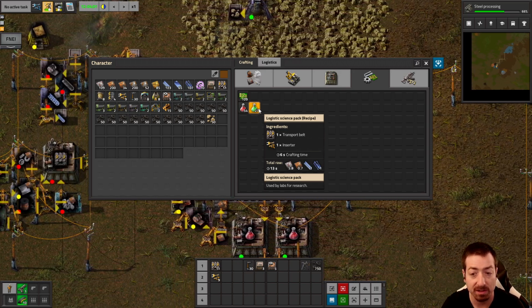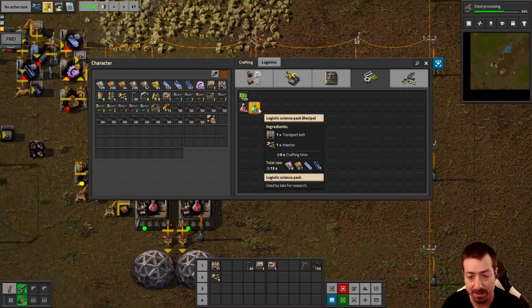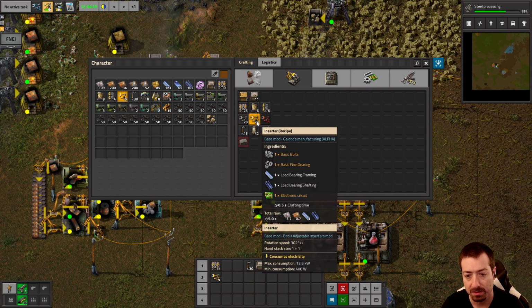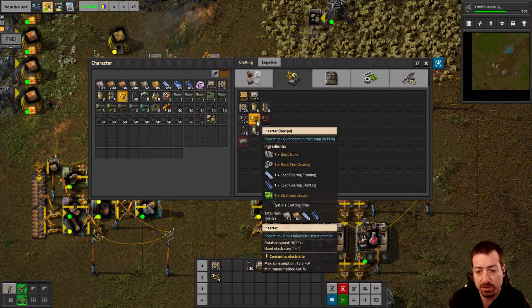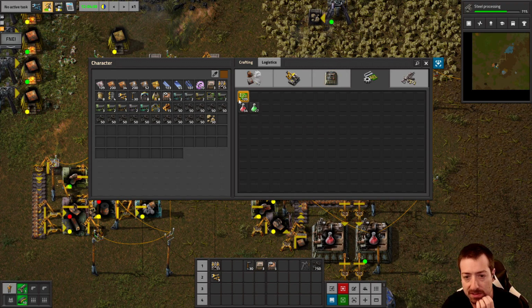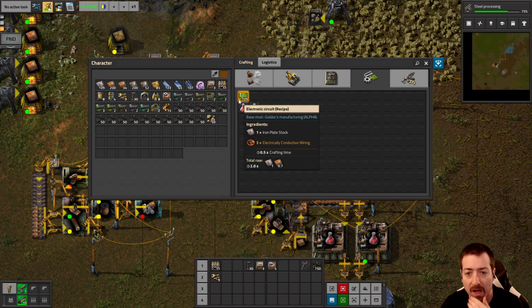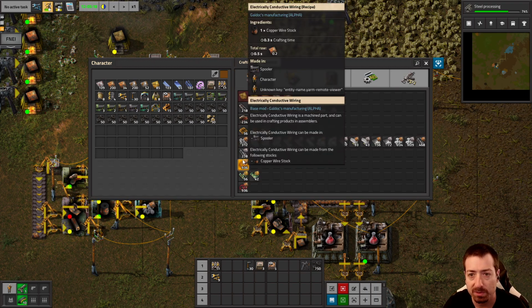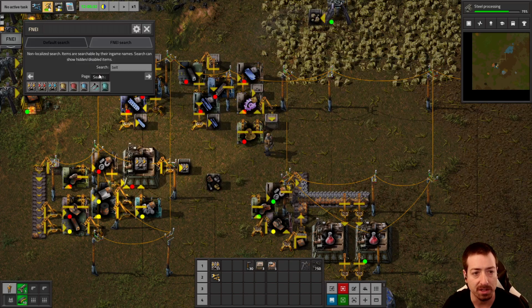We will be using a lot of load-bearing stuff, but we can use copper for the transport belts if we want. And we need inserters, which require electronic circuits, which require a mixture of iron and copper as well. Those are non-negotiables in circuits. I guess the electrically conductive wiring could come from multiple places later, but for now it's only